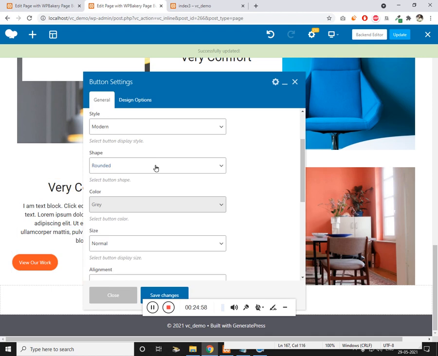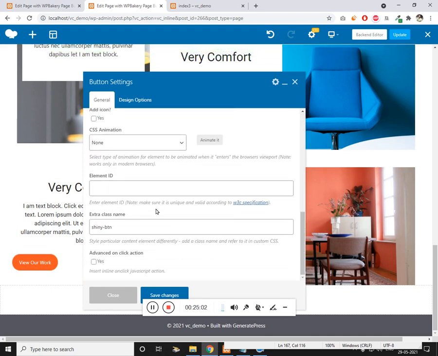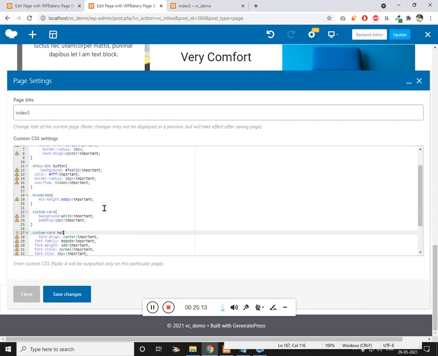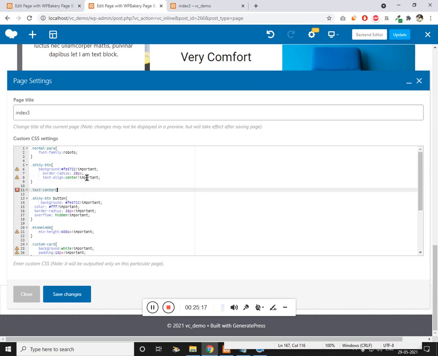Or let's give a class text center, and we'll edit this class. We'll remove what we have added, and place this.